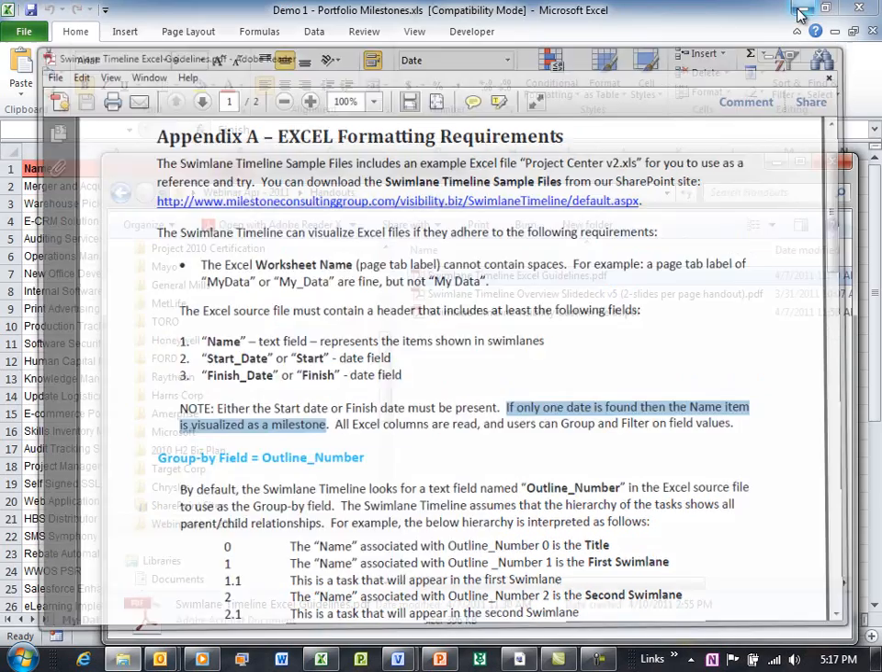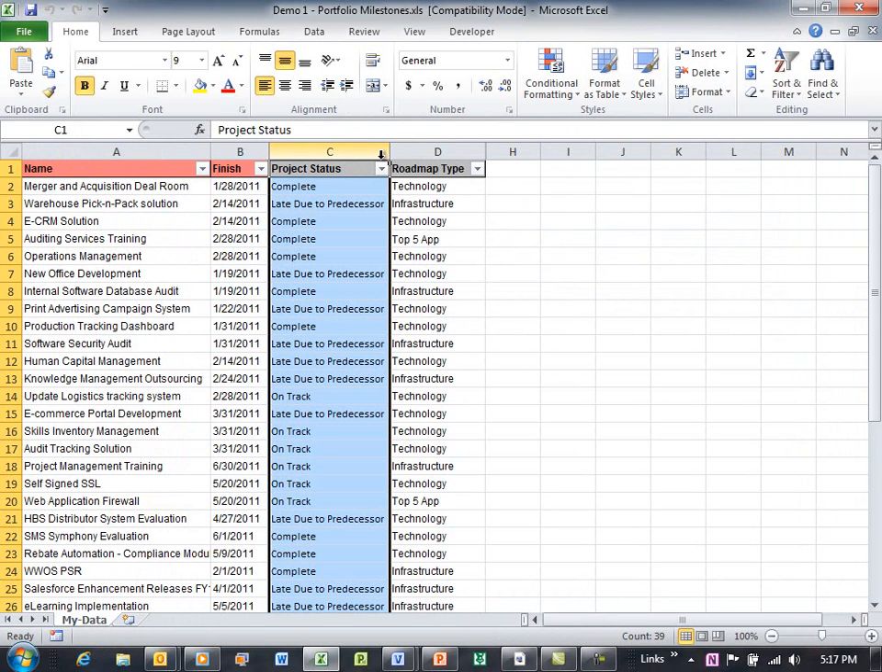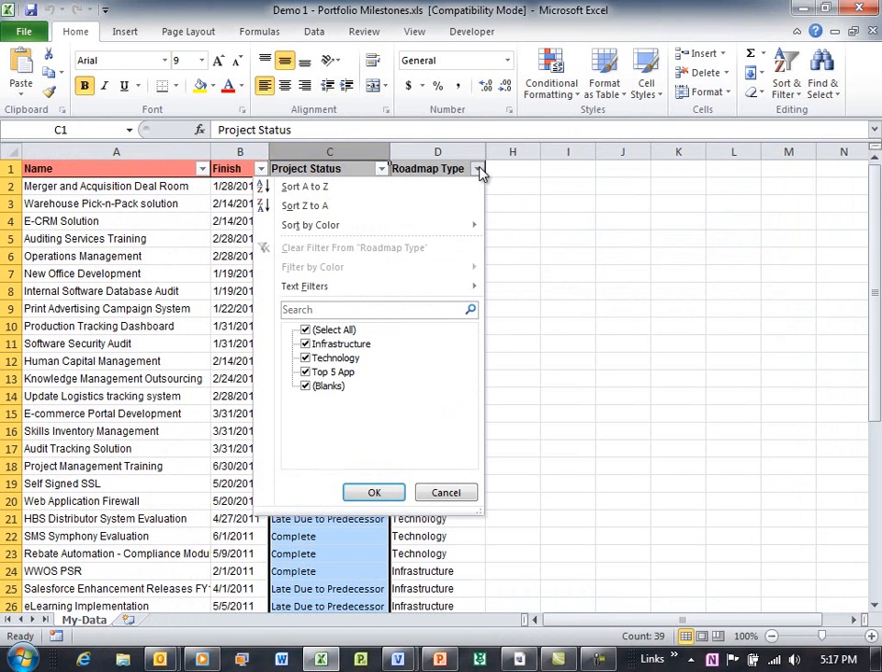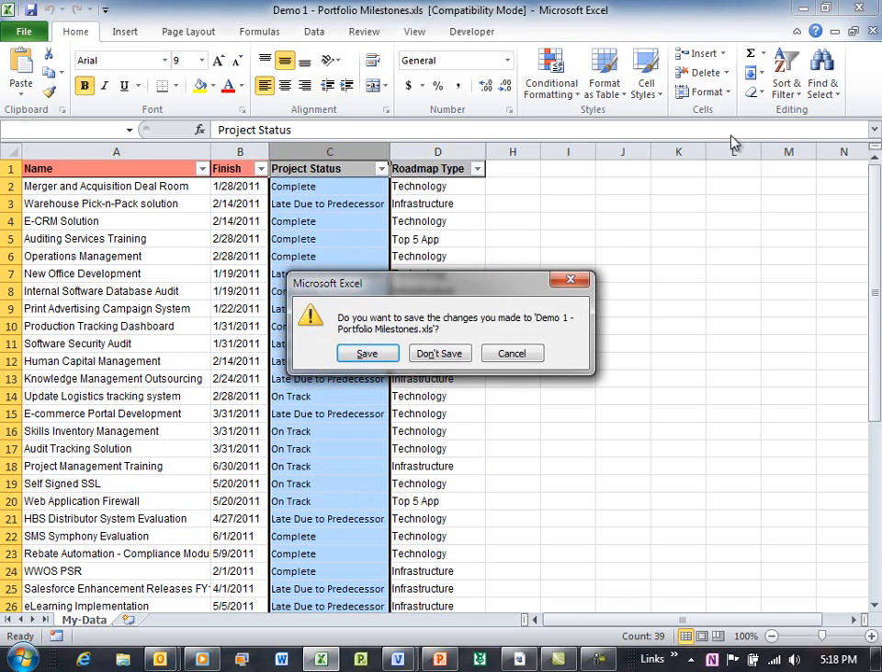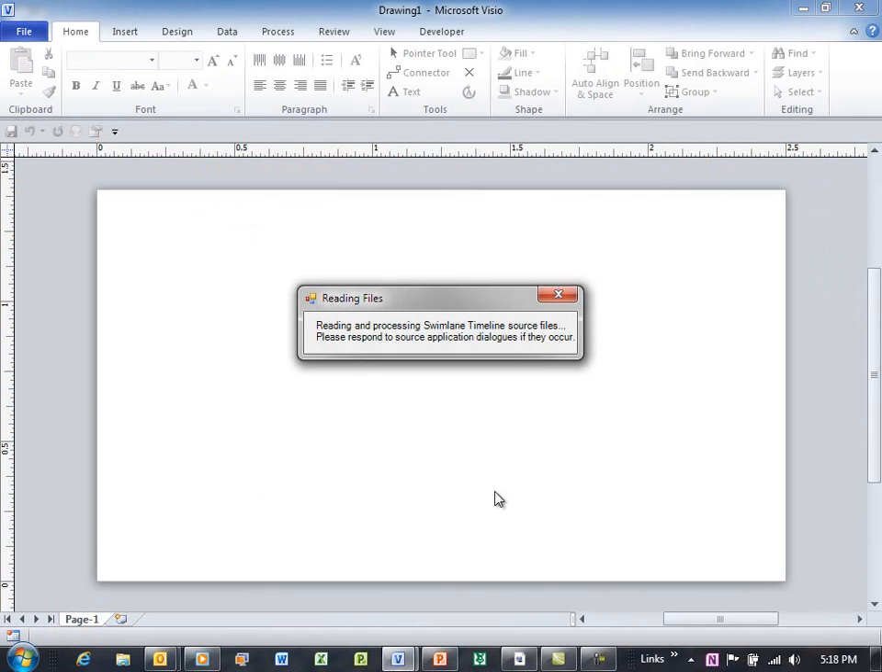So in this example here, we're going to read in these other columns as well. In fact, the project status, you'll see one of these projects have a status of complete, late due to predecessor, or on track, and those projects are associated with some roadmap type, whether it's infrastructure, technology, or top 5 app. So I'm going to aim the Swimlane Timeline at that,